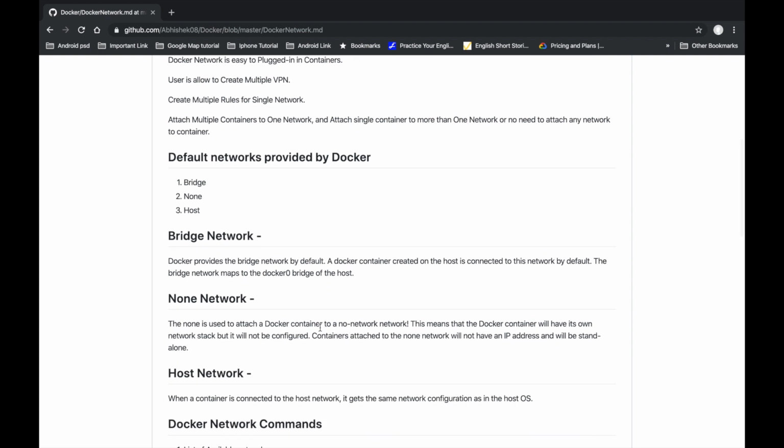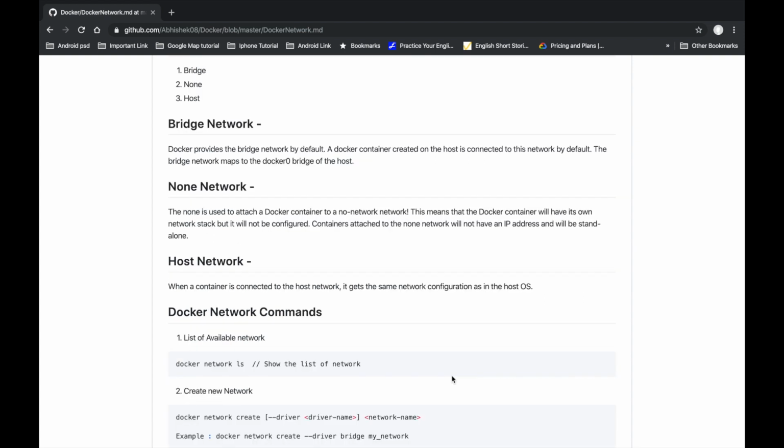The bridge network, as we discussed, is the default driver provided by Docker. If you do not provide any specific network for a container, the container is created on the bridge network. The next is the none network. If your container does not require any IP address, or has no communication, we can create the container on the null network.